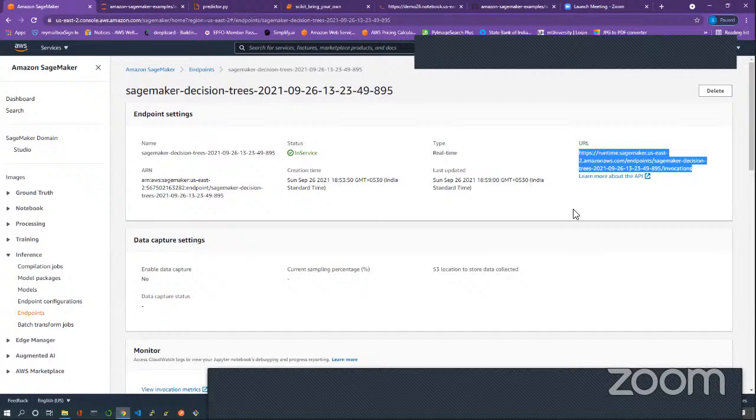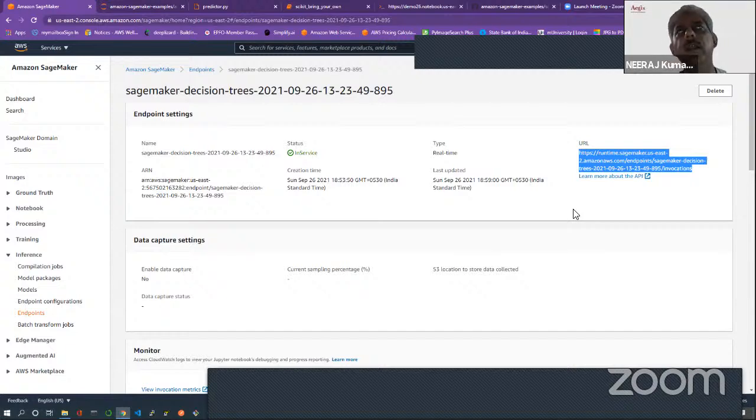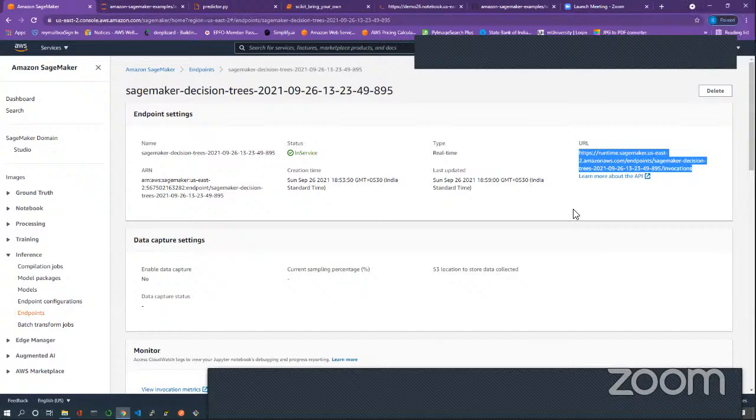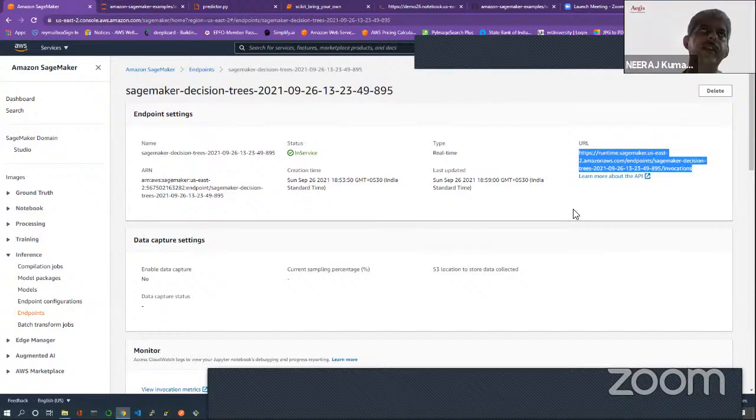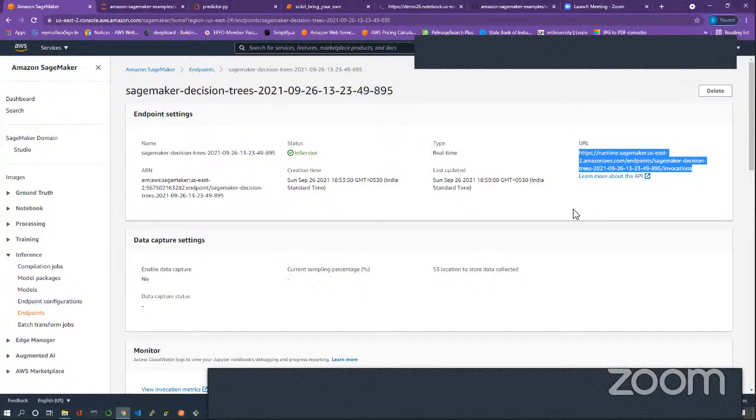Correct. Or if you don't integrate in any front end, then you can integrate with your back end applications, right? Backend as in, I mean, SQL or. No. I'm saying that let us say you are running an application where the business requirement is that I will give some input and I will get my classification output in your application.